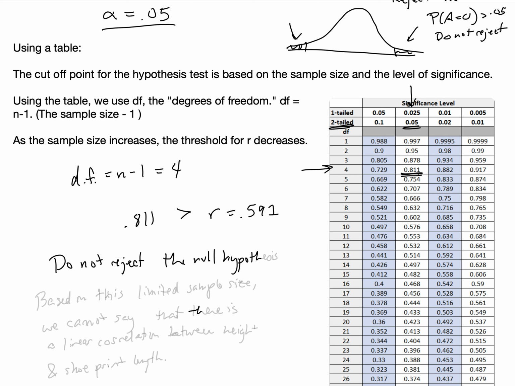And so what we would say is that based on this limited information, so based on this limited sample size, we cannot say that there is a linear correlation